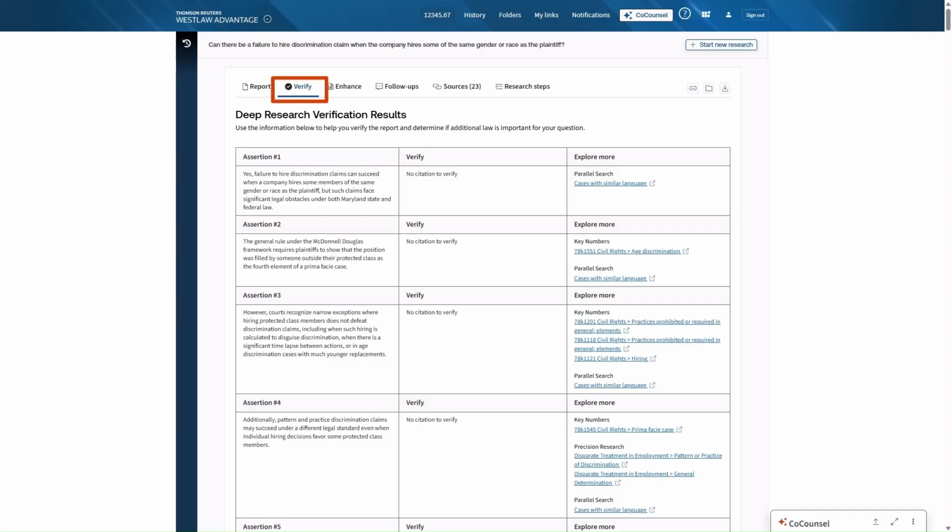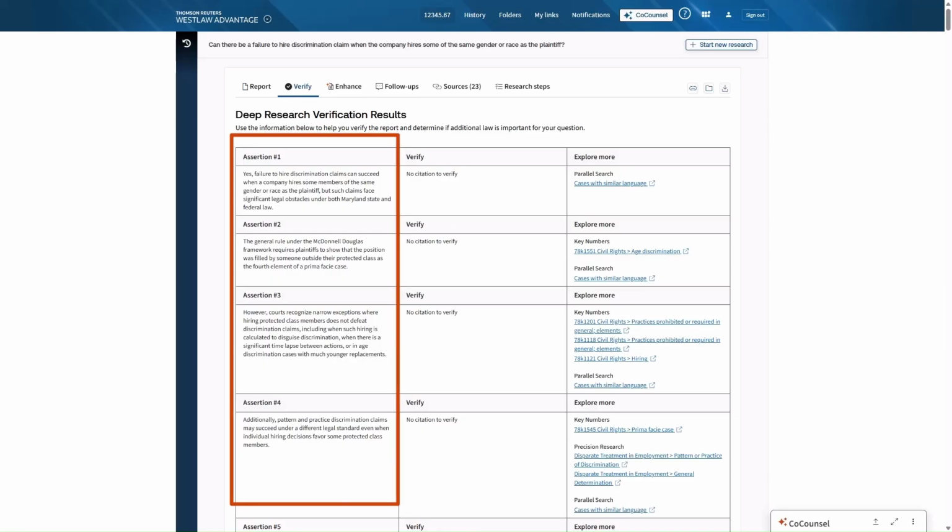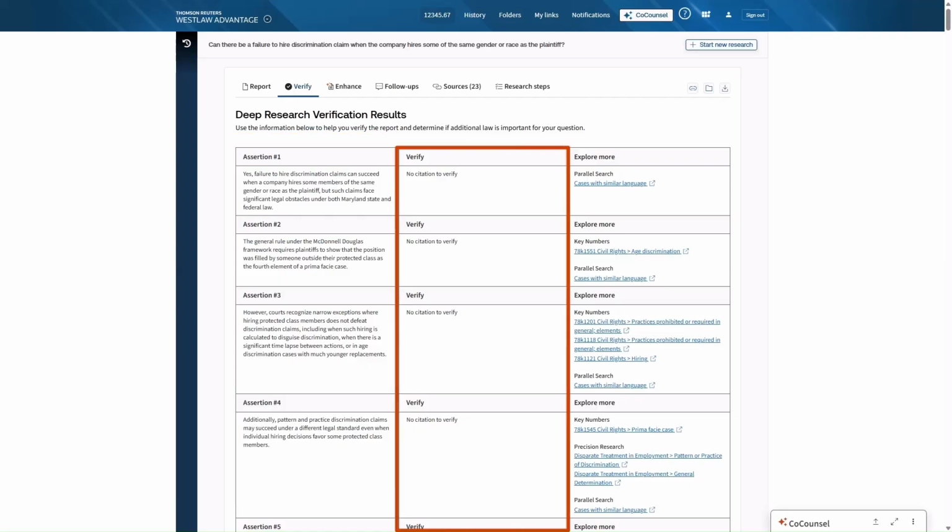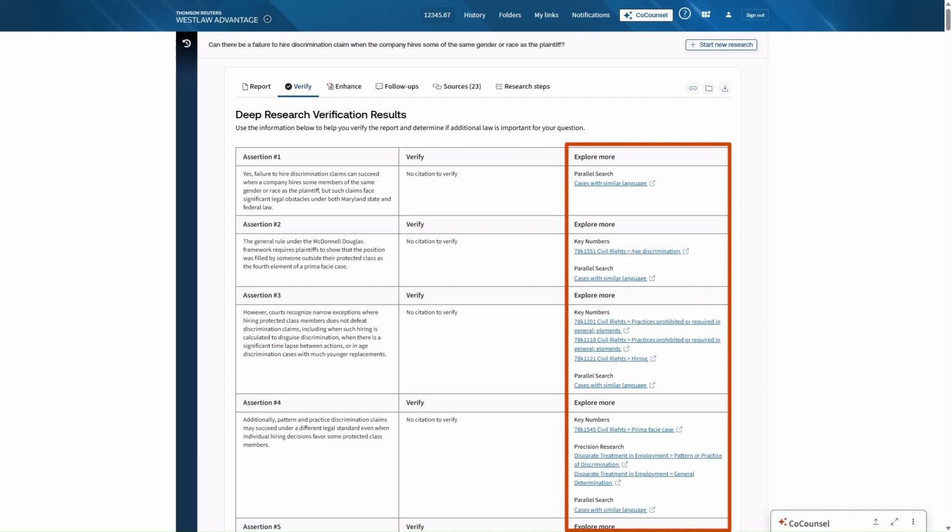Verify enables you to assess deep research reports and explore additional relevant authority, helping ensure confidence before finalizing your work. The tool supports review of legal assertions and verification of citations and supporting passages. The table presents each assertion, identifies citations requiring verification, and provides options to further investigate using additional tools, such as